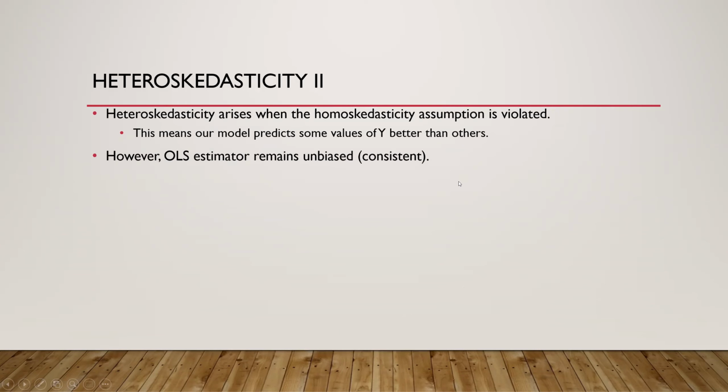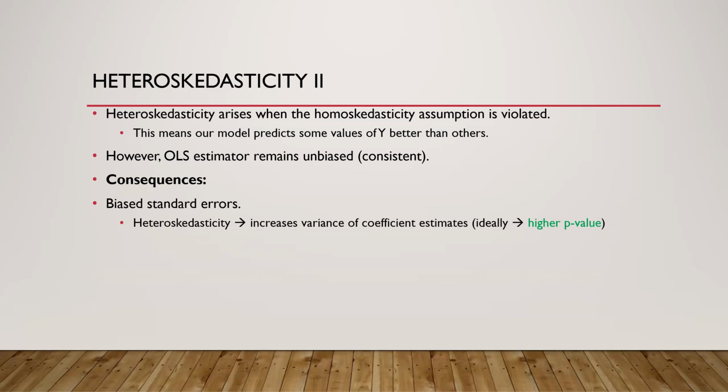However, this does not mean that OLS is biased. OLS continues to be consistent. However, we have some consequences. If this happens, we will have biased standard errors. We will have standard errors that are underestimated. We should have higher standard errors, but the model will give us lower standard errors, and that will lead to